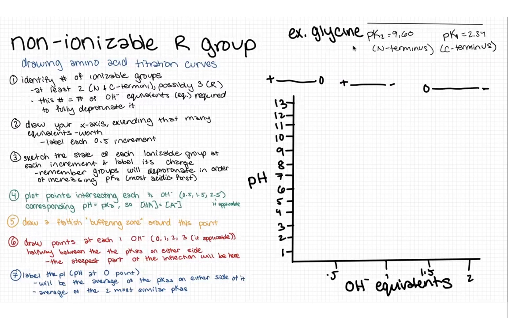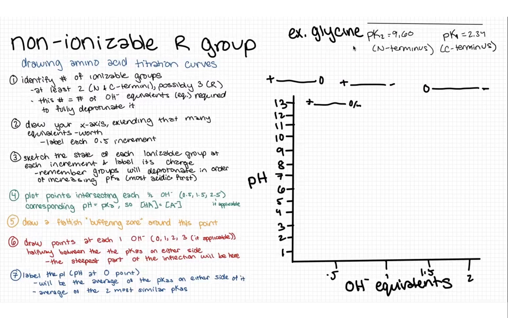And this is a value that we know and that we can plot. Let's draw what the states would be at those places. Basically, all of your N-terminus would be protonated at 0.5 OH minus equivalents. But now you would have half of your C-terminus be protonated and thus neutral, and half of it be deprotonated